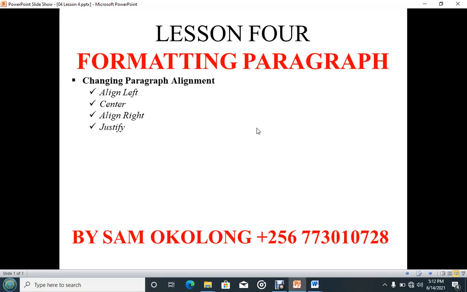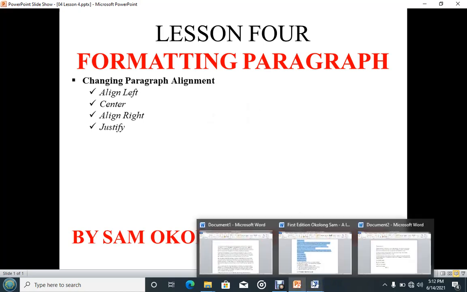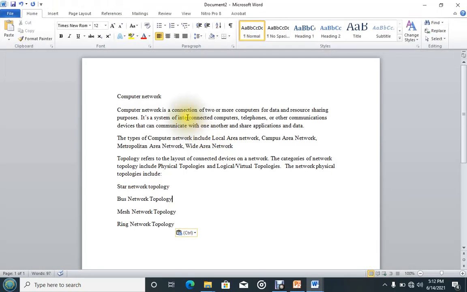Alignment, or paragraph alignment, refers to the position of each line of text in a paragraph between a left and a right margin. So when you have a document like this, the paragraph alignment is the position of a line of text.